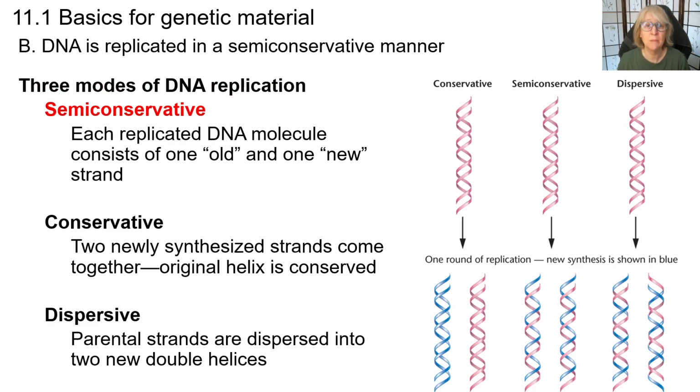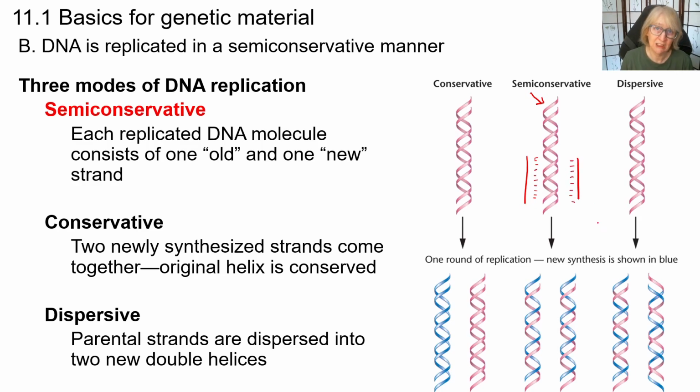DNA is replicated in a semi-conservative manner. If you want to go back and read about the history of this, there's a section in your textbook, but I've never understood why we do a big segment on a bunch of things that we know are not true. So I'm just going to highlight the fact that semi-conservative is, after some experimentation, the way that we know this process works. What that means is that the strand separates into two different strands, and then the new nucleotides are laid down, each with one original strand and one